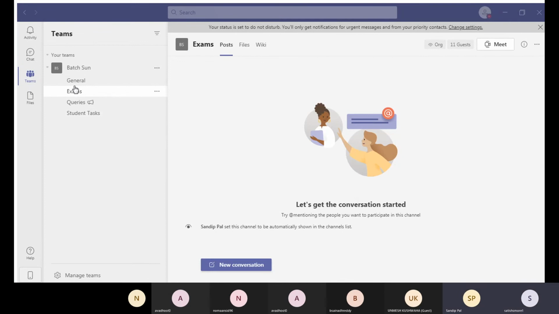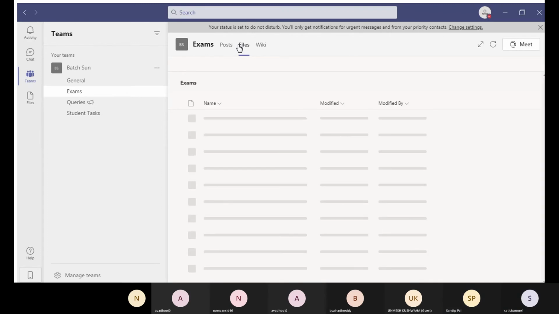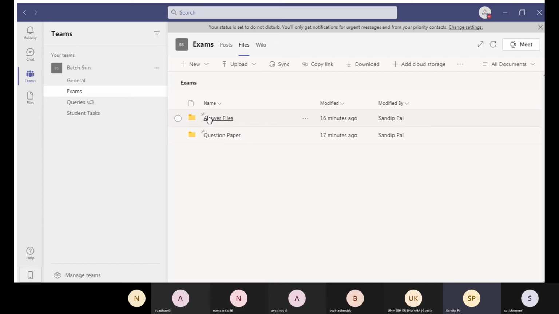Go for the exam and then the file tab. Go to the file tab. Go to that files. Yes, you have that question paper, answer files. So first create your folders within the answer files.